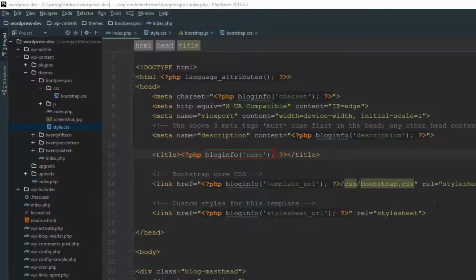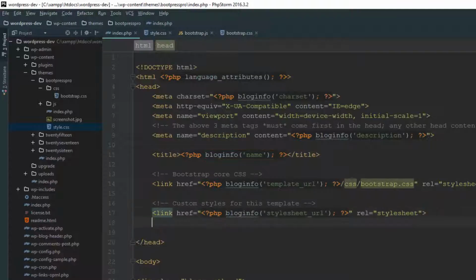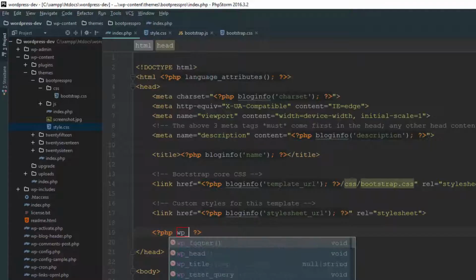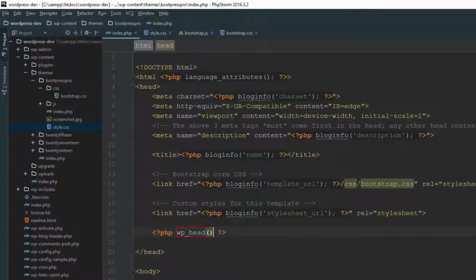So the last thing we have to do is put a function at the very end of the header. So we would just make an extra line here, and that function goes like this. So let's put in some PHP tags. That function is called WP underscore head. Okay. Now the WP head function is used to allow any